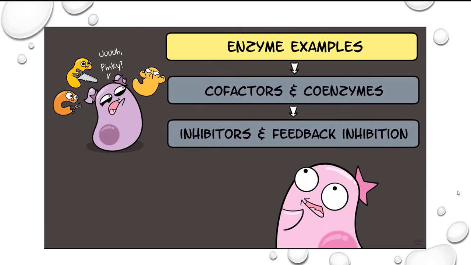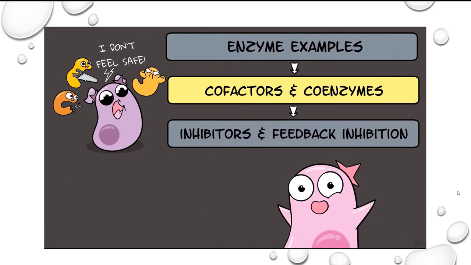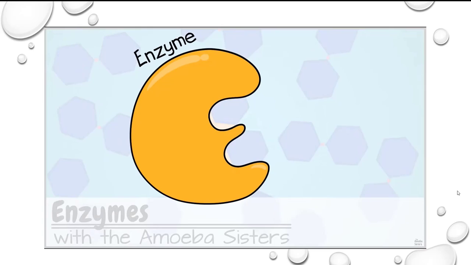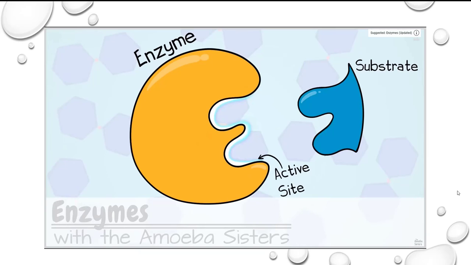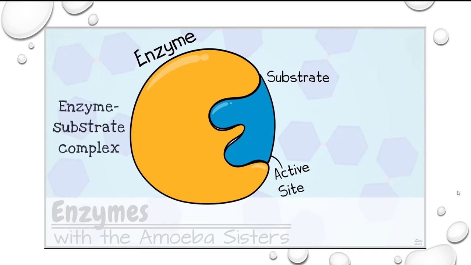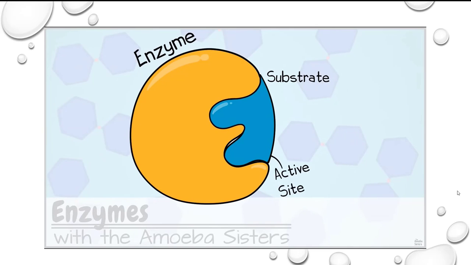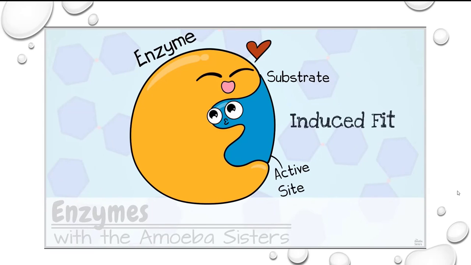Okay, so moving on. What's next on our list? Oh yes, cofactors and coenzymes. So just a quick review from our main enzyme video. This is an enzyme here, and we have our active site and a substrate that could fit in the active site for the enzyme to act upon. It's an enzyme-substrate complex when the substrate is bonded in this active site. And there is likely induced fit, where the active site actually changes its shape slightly for an ideal fit,